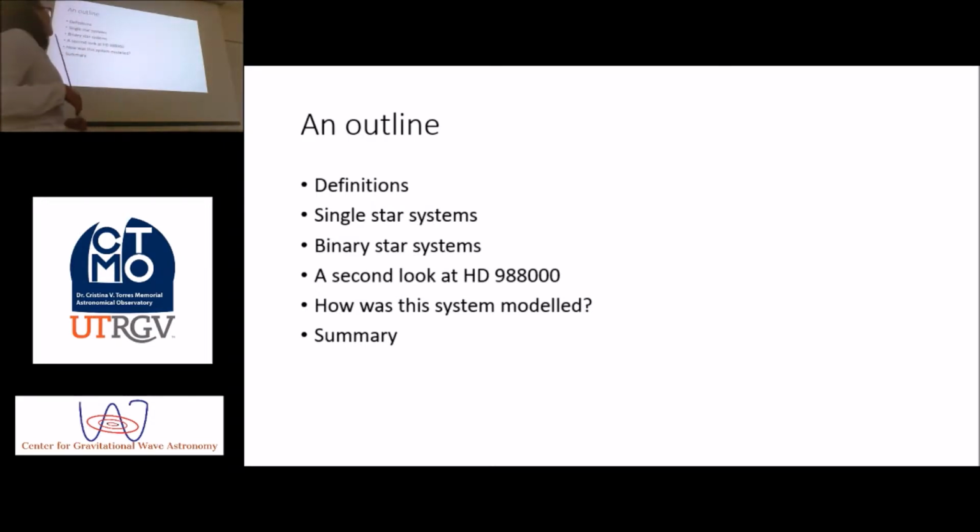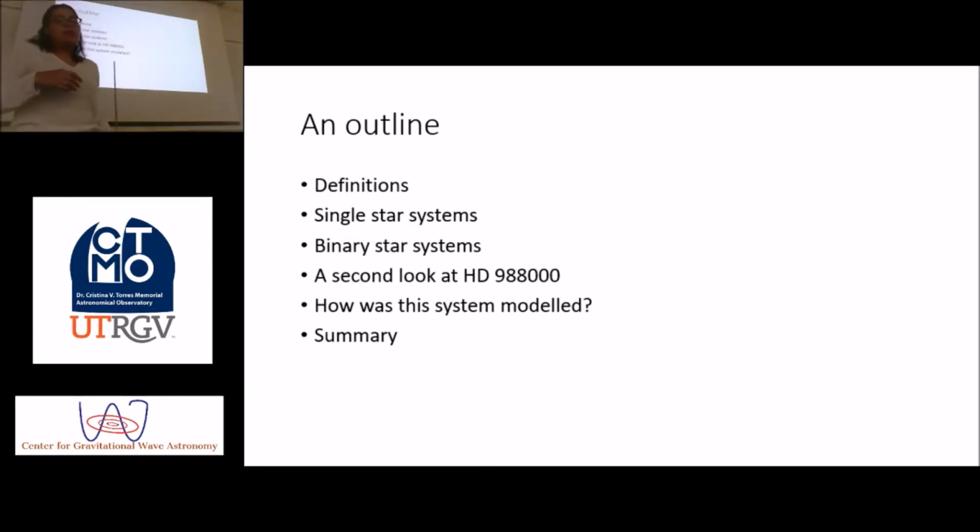After definitions, we'll move on to talking about single star systems, in particular how stars and planets would form in a single star system, with our solar system as a specific example. And so once we finish talking about single star systems, we'll move on to binary star systems. And so I'll talk about the things that are a little bit different as far as binary star systems go and planets forming in binary star systems.